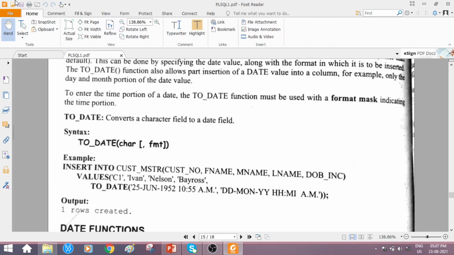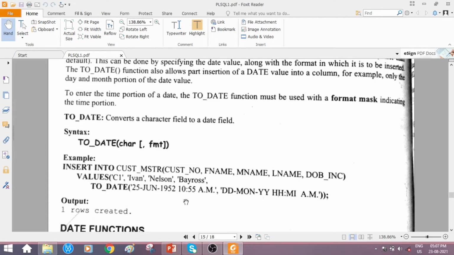What is the date information you are inserting? 25 hyphen June 1952. Date, month and year information followed by 10 o'clock, colon, 55 minutes. You are not providing seconds here. Then a dot m, close the single quotes. So this is the date value you are passing.